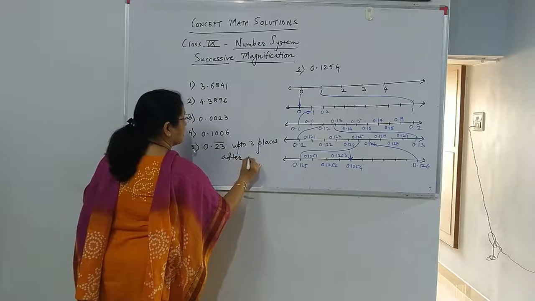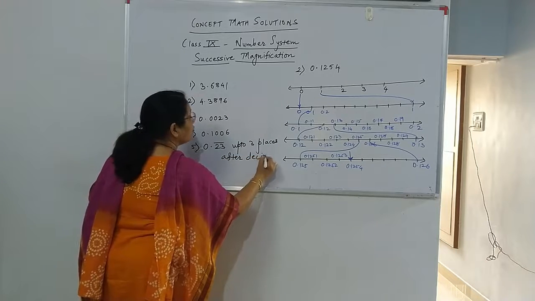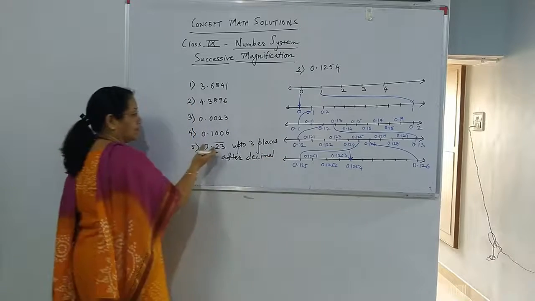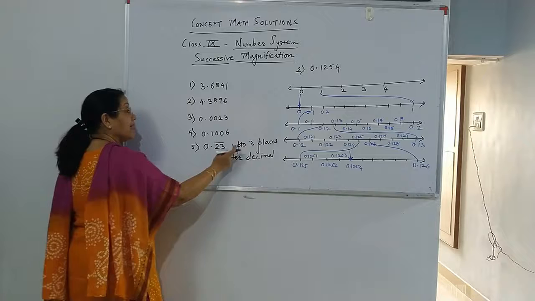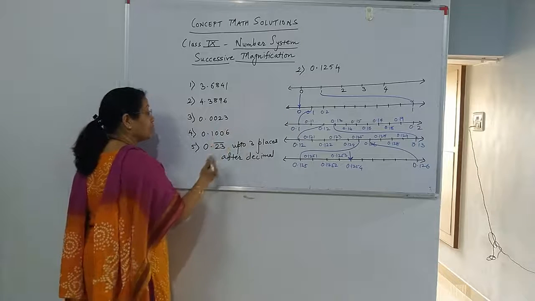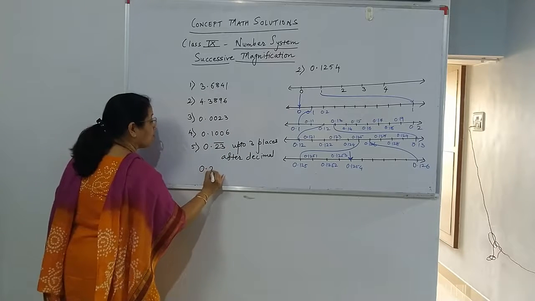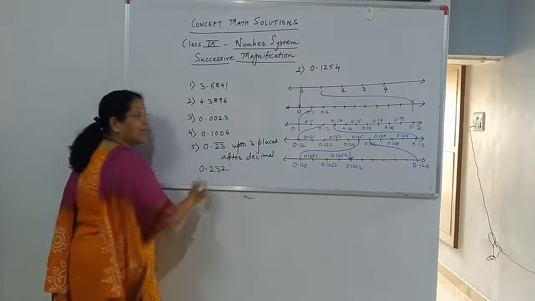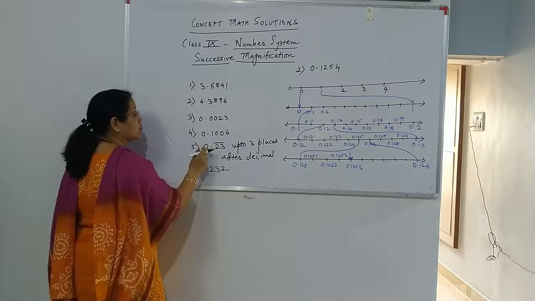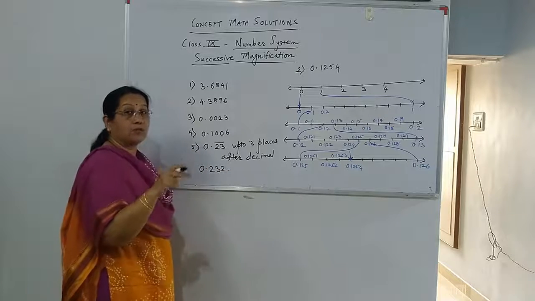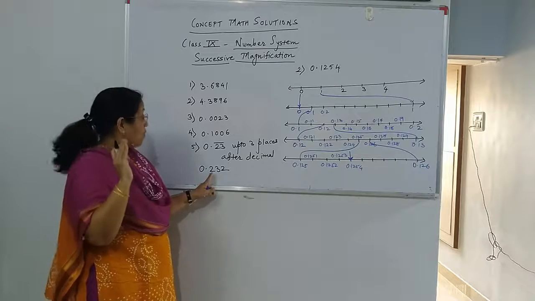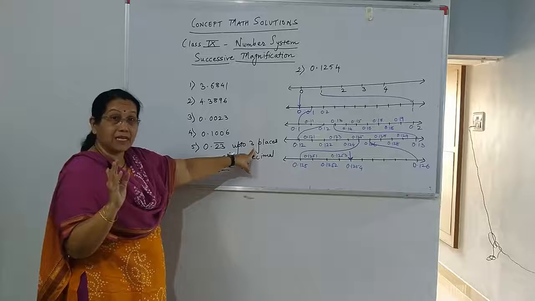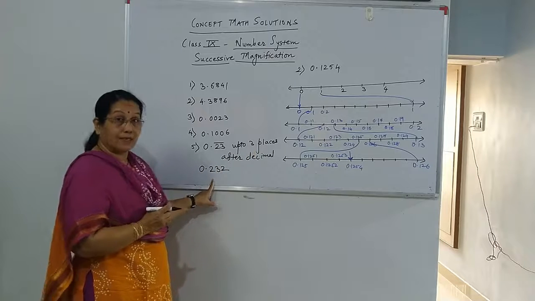What does this mean? I don't want you to draw infinitely because this will have infinite digits. This is non-terminating, repeating. But I have mentioned up to 3 places after decimal. That means I want you all to show only this, because this is 2.232323 and so on. I don't want you to continue. I want you to do up to 3 places. That is, you will be showing this.